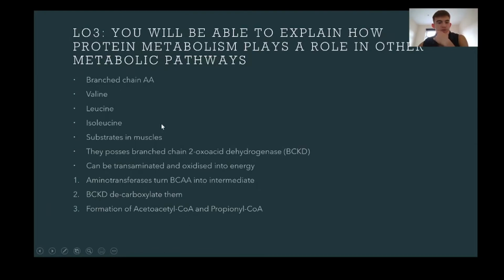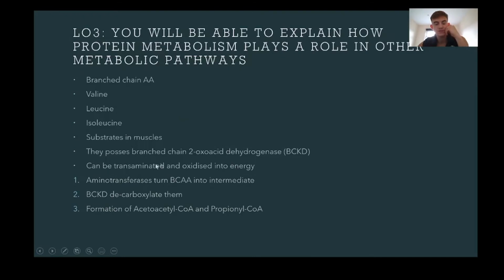Then we talk in detail about these branched-chain amino acids, so valine, leucine, isoleucine, and they're basically mainly used in muscles. So after a meal we have an increase of these in skeletal muscles, because they possess this branched-chain oxoacid dehydrogenase. It sounds complicated, but it just basically breaks down these branched-chain amino acids,